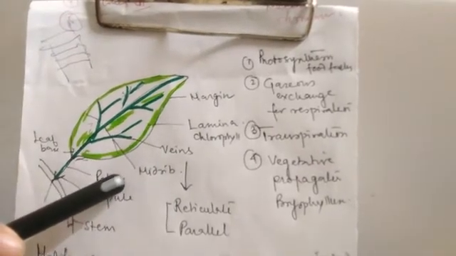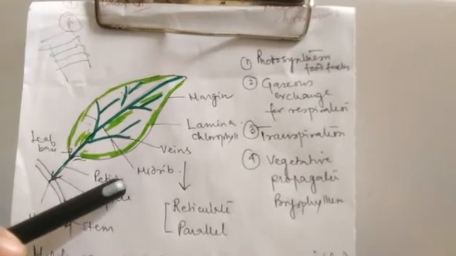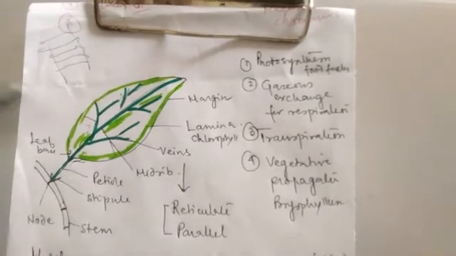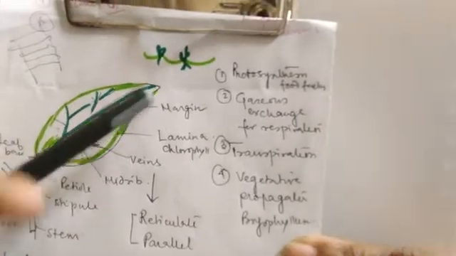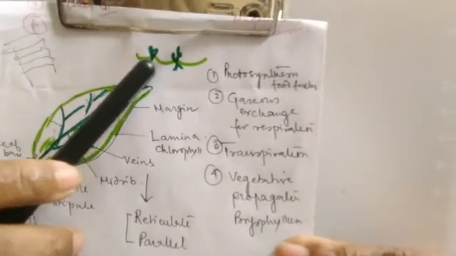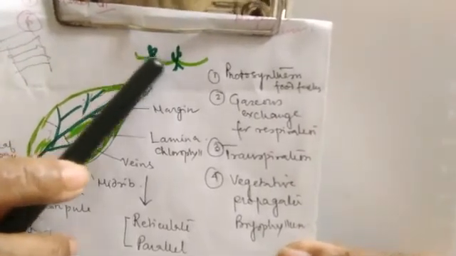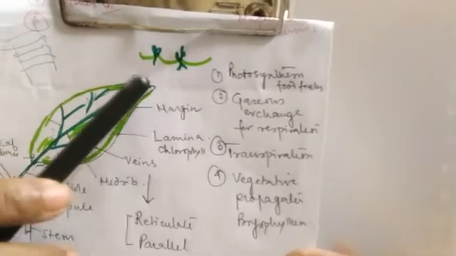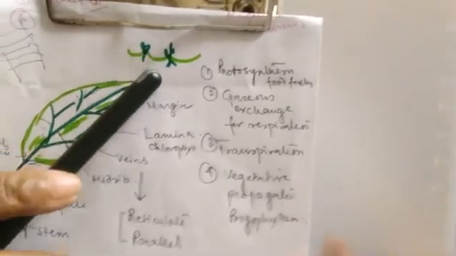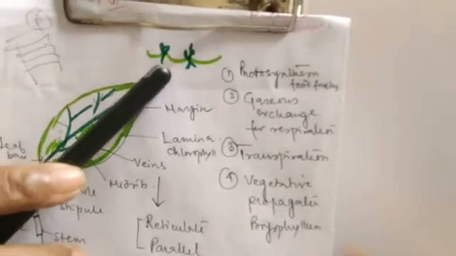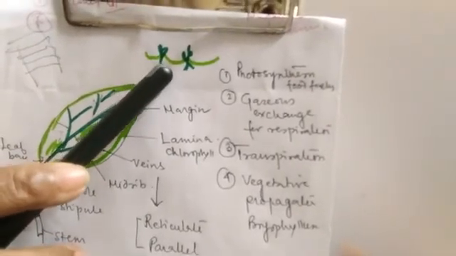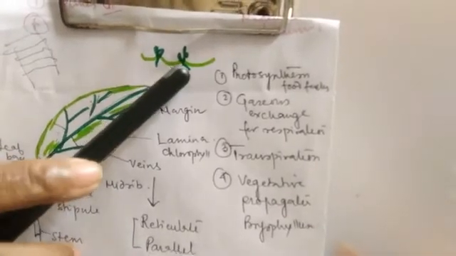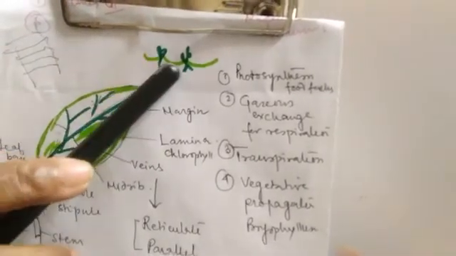I don't know whether you have seen it, this is the bryophyllum leaf. Here you can find small plants arising from the margin, the notches of the leaf. So those leaves help in the formation of new plants also, and that is called vegetative propagation. Clear? When the leaves help in the formation of new small plants, this is called vegetative propagation.